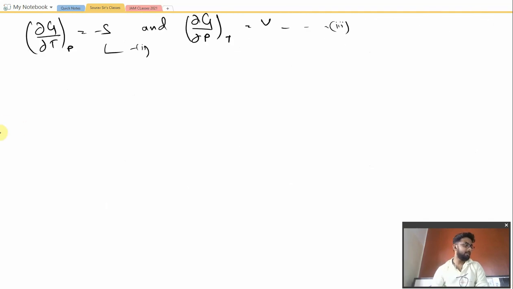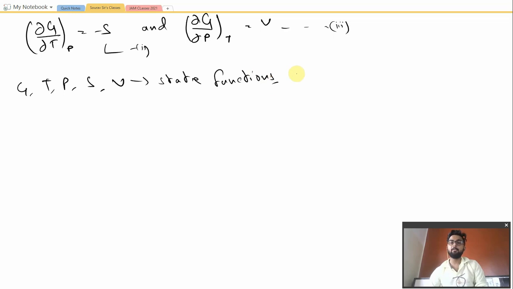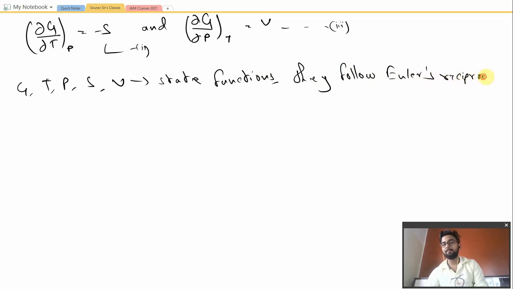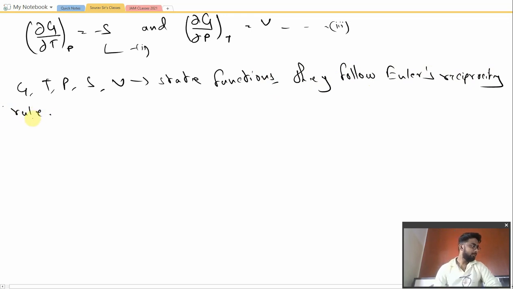So from these equations, first of all, you must consider that G, T, P, S, and V, all of them are state functions, and therefore they follow Euler's reciprocity rule. So from equation number 2 and 3, if we draw the Euler's reciprocity rule in conclusion, then we will be getting